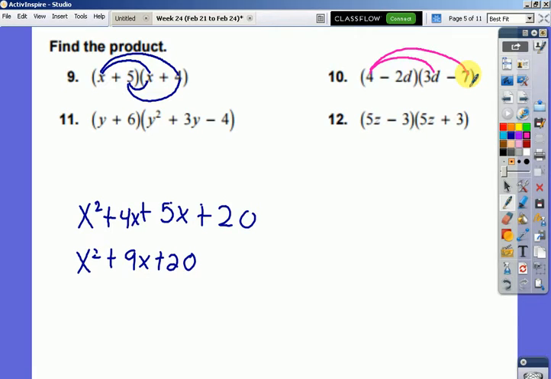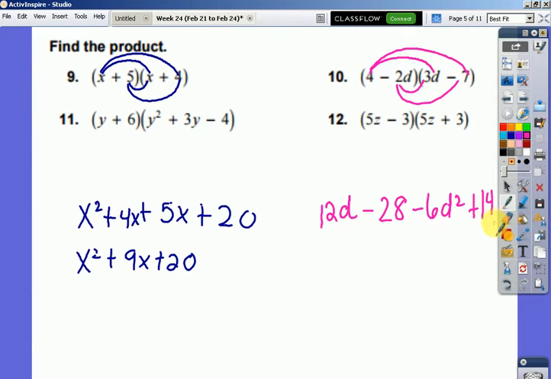You can actually turn that into a Punnett square if that helps. So 4 times 3d is 12d. And then you have minus, what's 7 times 4? Maybe 7 times 4? 28. Right? And then your inner terms just minus 6d squared. And then you have plus 14d for the last